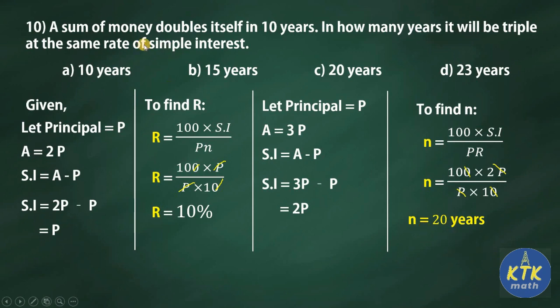So this question involves two different cases. In the first case the amount gets doubled, in the second case the amount gets tripled. So for our convenience we can make use of principal values with the variable. So principal value P in the first case will become 2P, whereas in the second case P becomes 3P. Okay, so this is how you are going to apply the acquired knowledge while solving our sums. Answer for the last question is 20 years.